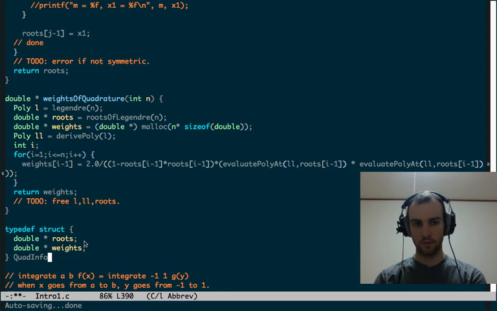So the mechanism would be to pass a pointer, or the address if you like,